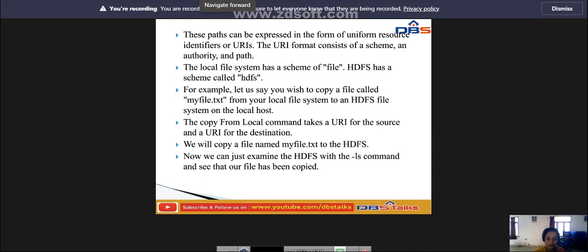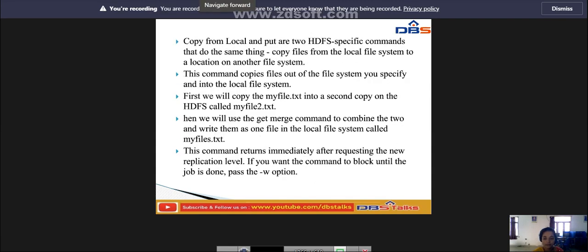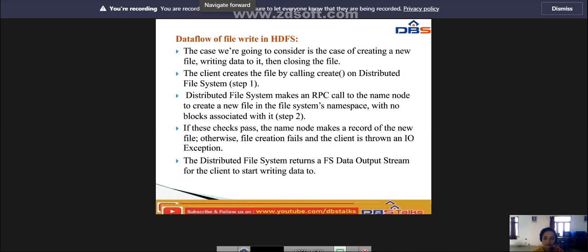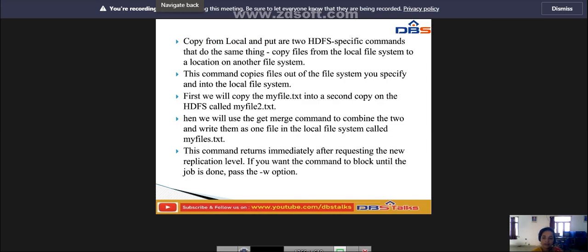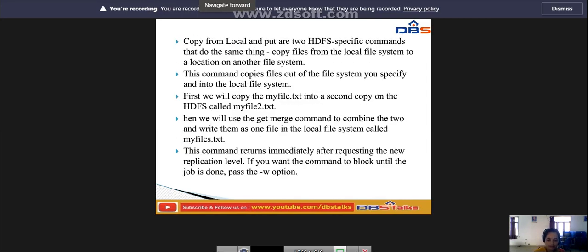We have 11 commands for manipulating HDFS through Hadoop's command line interface, beginning with hadoop space fs.